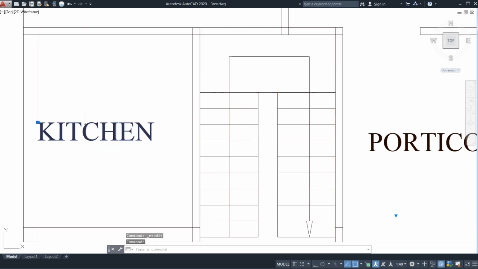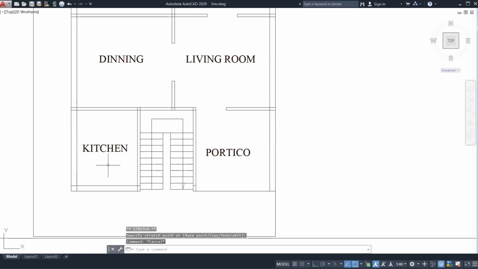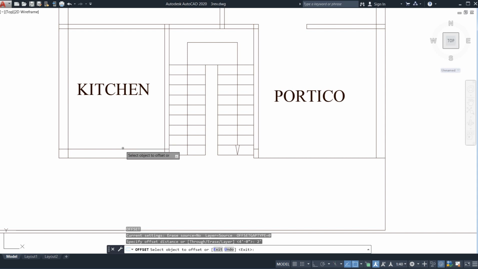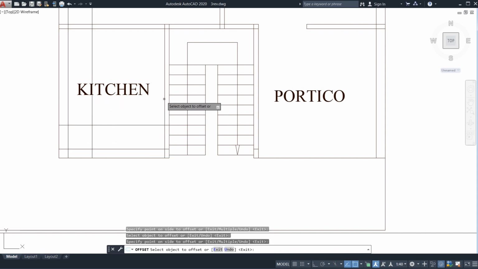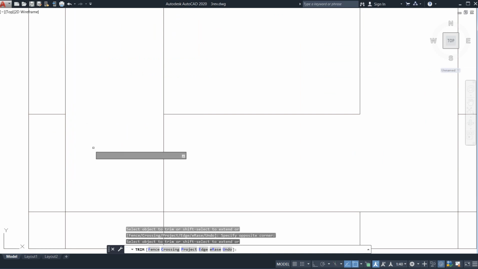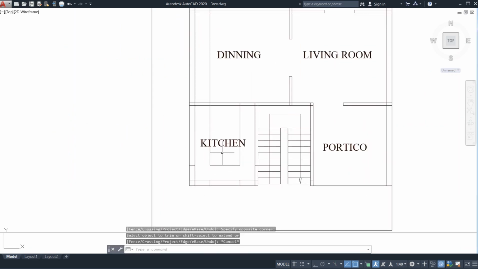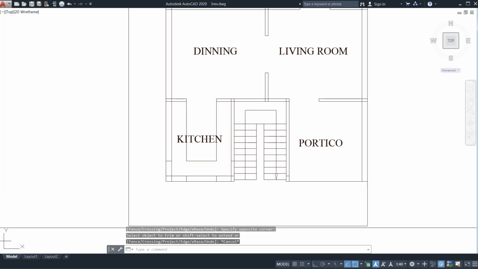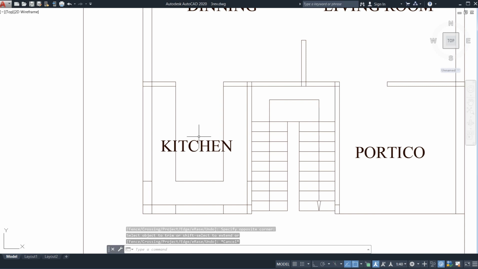Now make a platform of kitchen. Okay, so how you make the kitchen platform, so just go for offset of 2 feet. So from this, if you want to make it an open kitchen, it looks quite good. So see, I'm just going to make it an open kitchen. So how I can do, here by just trimming this and this, here also I need to trim it. So I have trimmed. So this is my open kitchen, right?